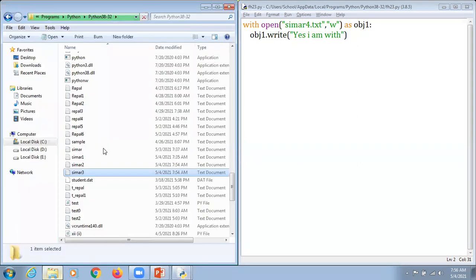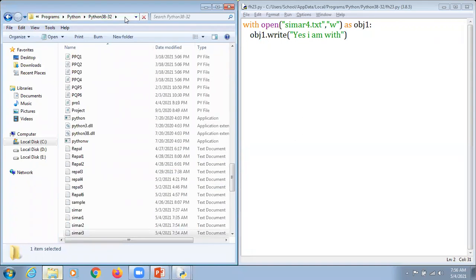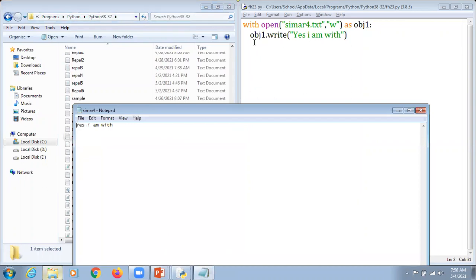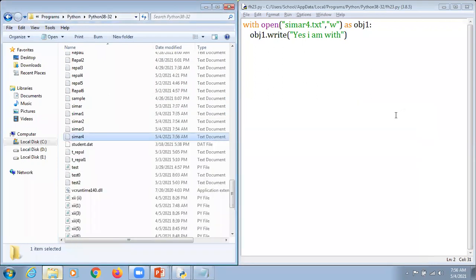What I'm going to do here, I'm going to open that particular file, hit the enter key, and search for the file, without using obj1.close or obj1.flush. It makes sense that they terminate or call the close function automatically, that is implicitly, not explicitly. Implicitly means we are not supposed to write that thing, and explicitly means we are supposed to write the data by calling that particular close function in the program.